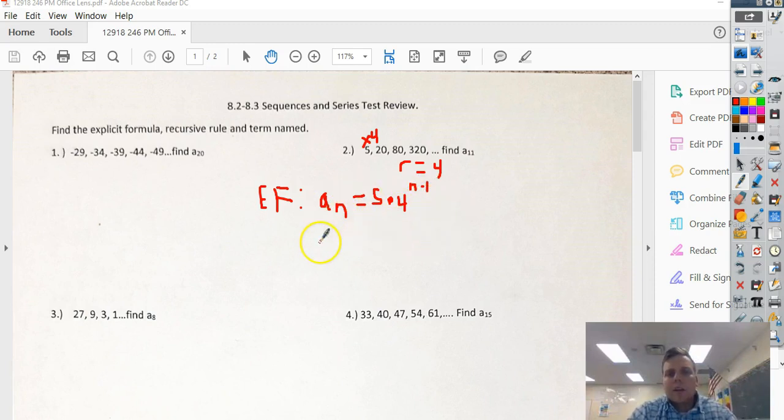My recursive rule is just a sub n plus 1 is equal to a sub n times r, so a sub n times 4. There's my recursive rule. To find the 11th term, all you do is go to your explicit formula and plug in 11. So you get 5 times 4 raised to the 11 minus 1. And then that's just simply going to be equal to